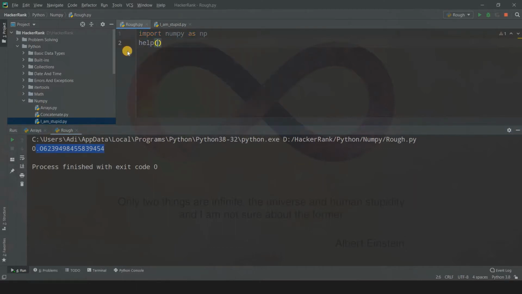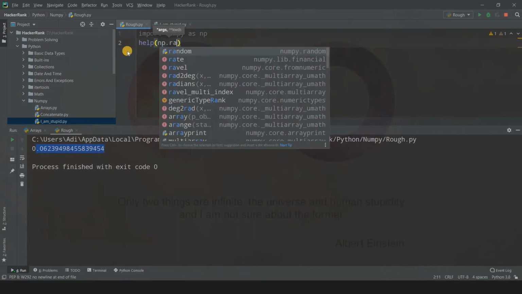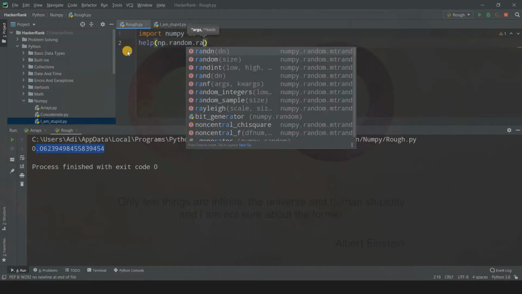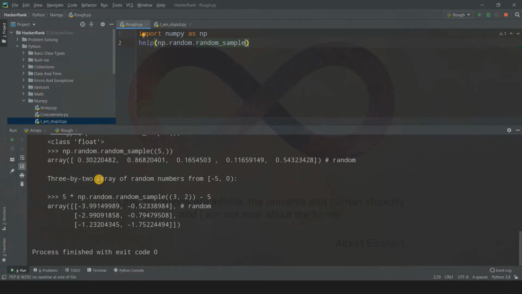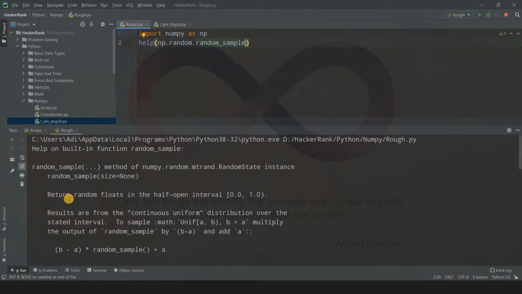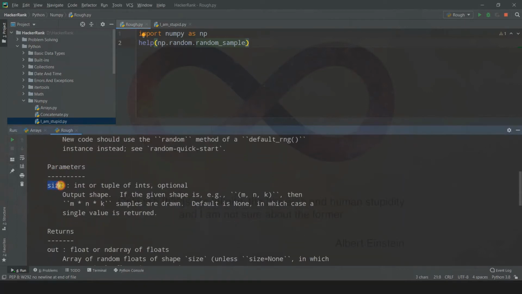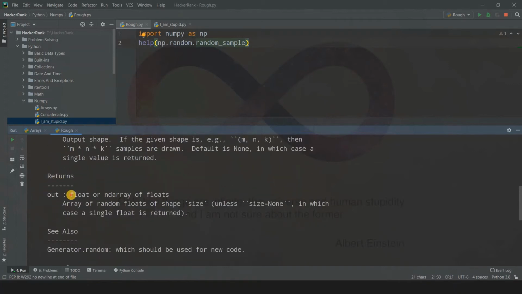Fine. So ranf. So again, let's get some help. And np dot random dot ranf, not randf, remember. So it is just telling us, what does this do? This is the alias of random.sample. So we'll get help of this particular function of using ranf, so that we just want the information, right? That's why I'm writing random sample, because it's just an alias. Fine. So what does this function do? Basically, we just need to see the parameters. We don't need to see the details of random sample, because we have to see about the ranf. So fine, size, this is just an integer or tuple of integers, and this is optional. And fine, what does this return? It returns a float or n-dimensional array of floats. Fine, that's all that it does.